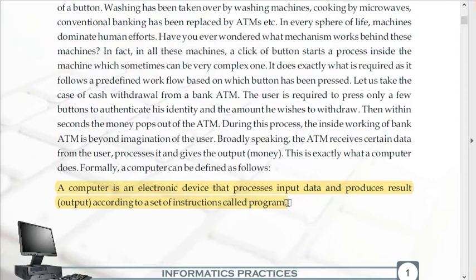So whatever we say, just imagine I have asked a computer to add 2 numbers. I have simply given 2 numbers to computer and I have asked the computer to add these 2 numbers. Suppose the 2 numbers are 2 and 3. We all know very well that the answer comes out to be 5. But how is the processing done in case of computer? Suppose I have given the number 2 as well as 3 to the computer system.